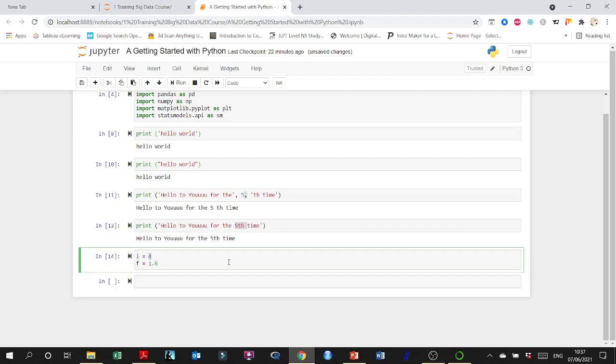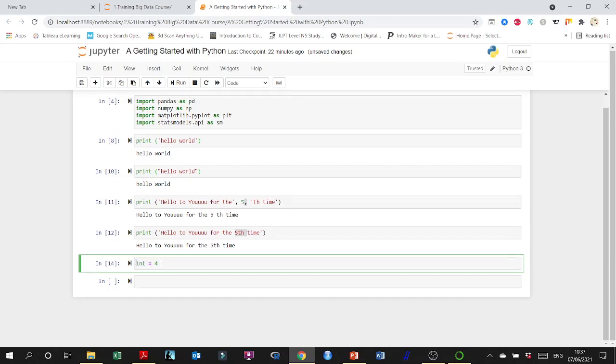Another variable, we can give it f, the letter f. So we usually give letters. I here could be, if you want, int. But no, int is already in the programming in Python. Int is actually, let's take a look here. I'll show you. So int here, let's use int for integer, and